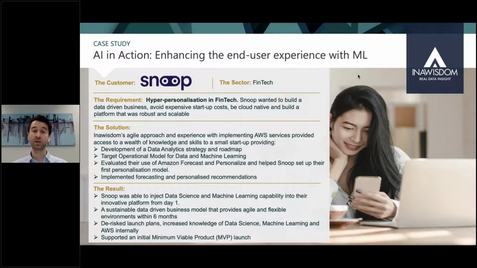So what we did for them is analyze, they didn't have data, by the way, and they didn't have much funding. So we had to work with open source data and prove that a certain product could work. And we did that. And then they used this product in their application as the main feature. So when they launched the product, they managed to get an amazing response from the community because it was really unique and it gave them that competitive advantage that they needed to stay afloat and be profitable.